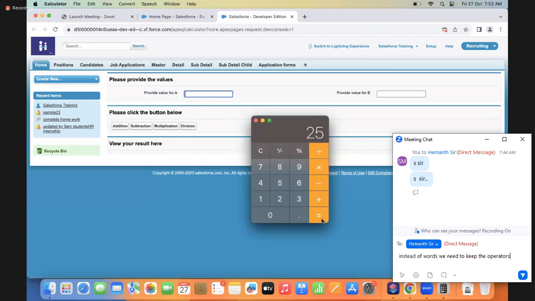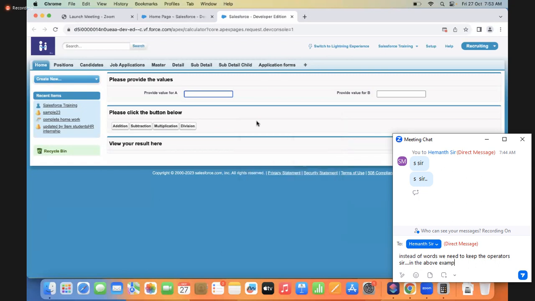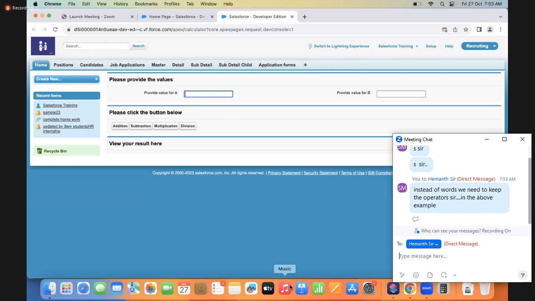I want only 0 to 9 numbers. Point, no need to do. Only these actions: plus addition, subtraction, multiplication, division, equal to. These cancel things, no need. Only try to put these things and build a calculator like this. Can we do this using